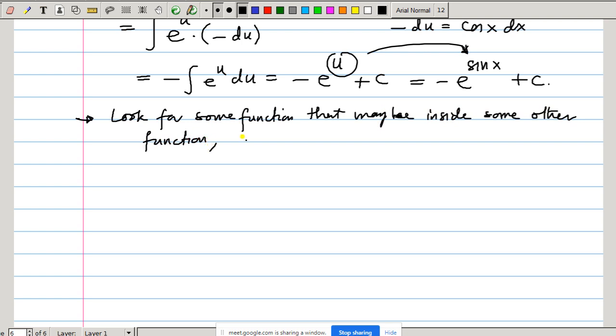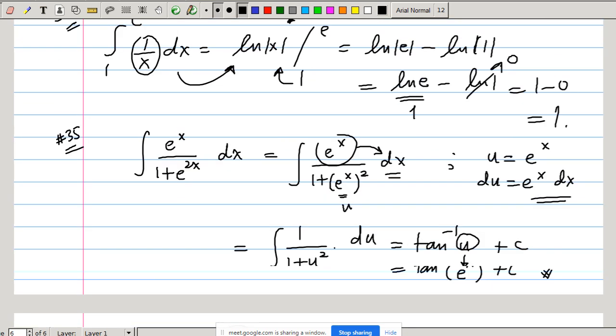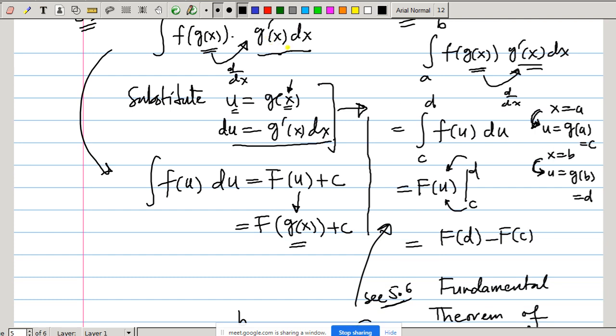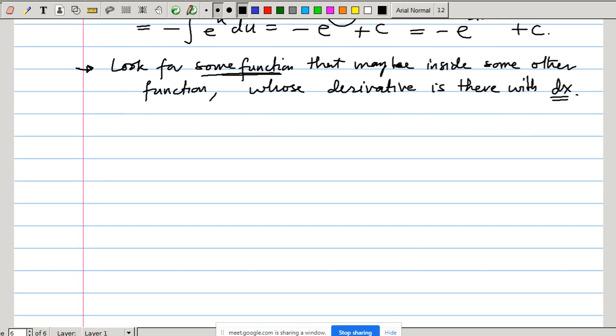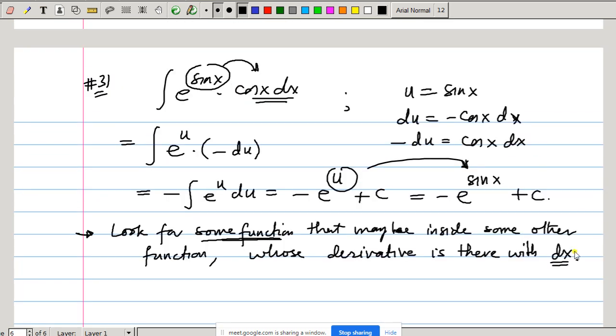But the important thing is, if you are looking for some function, its derivative should be inside, whose derivative is there with dx. With dx, it's very important that the derivative should be with dx. Okay, so see here where I wrote this one, you see the derivative is with dx. This is the part. Any function inside some other function, or it may be the whole function as well. Okay, but the derivative should be with your